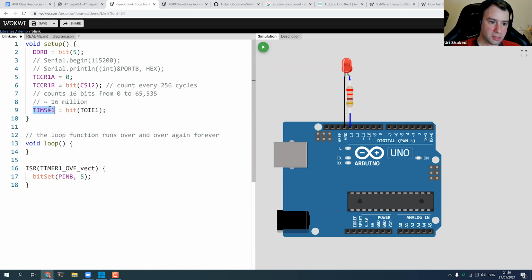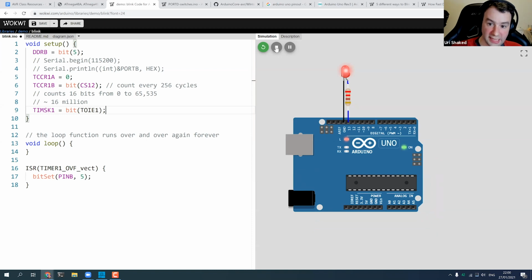This register controls the interrupts for the timer, in particular the timer overflow interrupt enable. We enable this overflow interrupt. Let's run it. And we can see the LED is blinking roughly once a second.